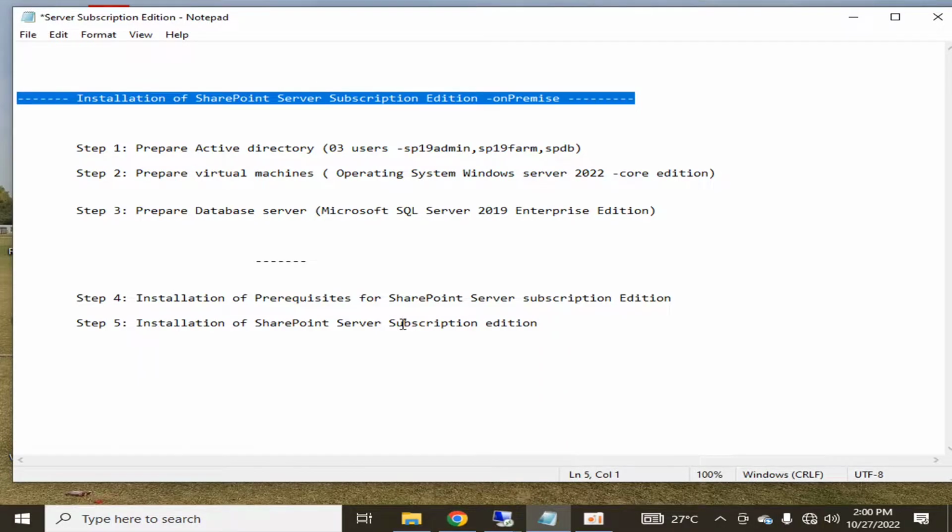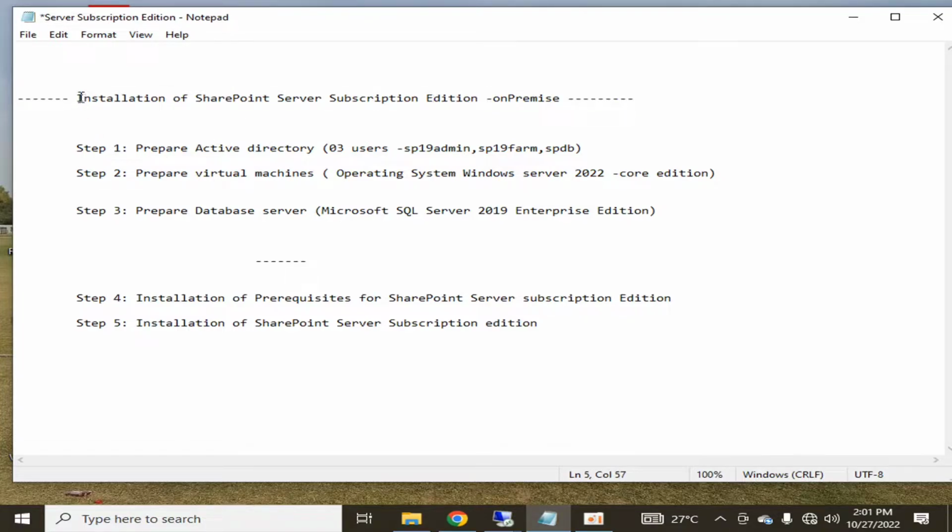Hello viewers, I welcome you all from HLTF Tech channel, and today we are going to see the installation of SharePoint Server Subscription Edition in our on-premise environment. For installing SharePoint Server Subscription Edition, you must follow some steps, in which the first important step is